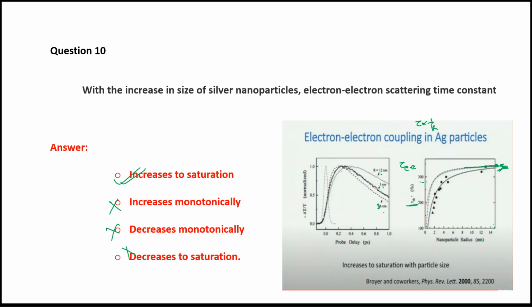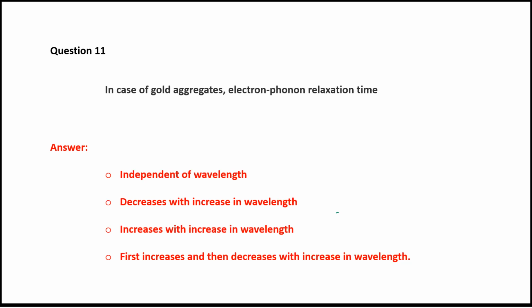In the second case, for each electron coupling of the silver particles, the electron scattering time constant for the silver particles increases to reach a saturation value, and it does not increase monotonically, it increases to saturation to reach a maximum. Okay, so now we'll go on to the next question, which is, in case of gold